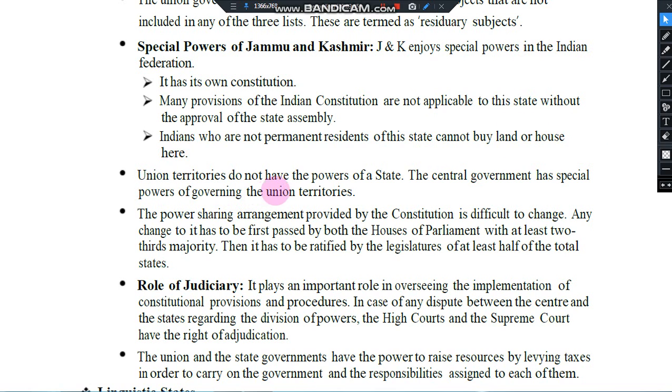Next point, union territories do not have the powers of a state. Just as I told you, the central government has special power of governing the union territories. Means what? Jammu and Kashmir is now under the supremacy of the national government, that is the central government. The power share